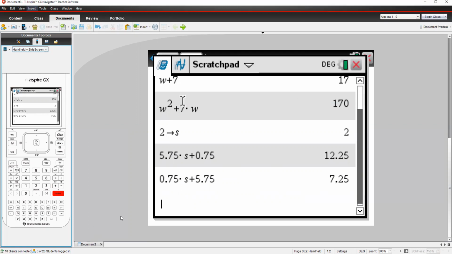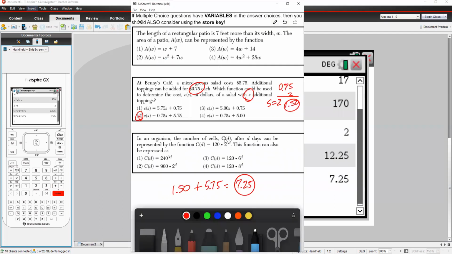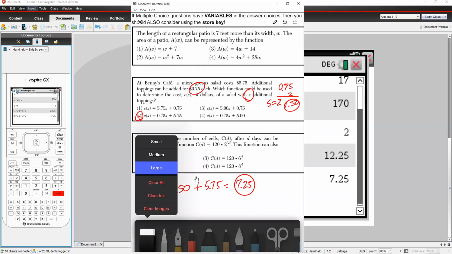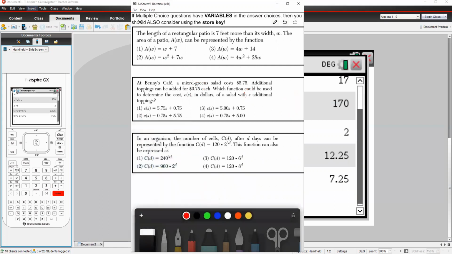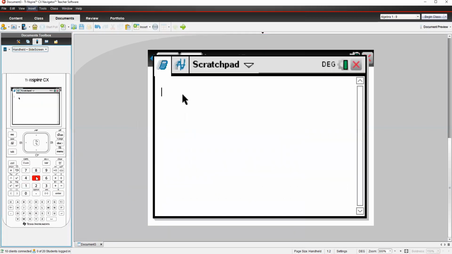Now, I'm going to do this last one real quick. Let me get rid of all this stuff. You're just going to store a number into D. So let's say D is 2. And so we go to the calculator, get rid of all this, menu 15. We're going to put 2 and store that into the letter D. Press enter. And then we're going to type in the expression 120